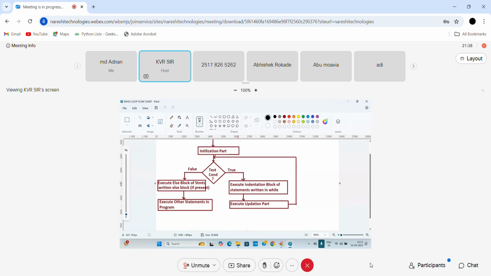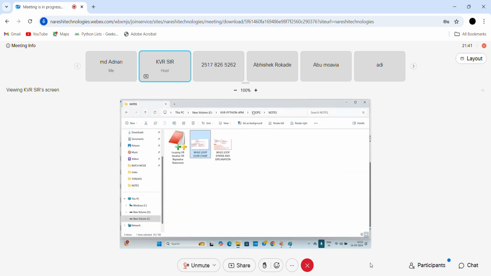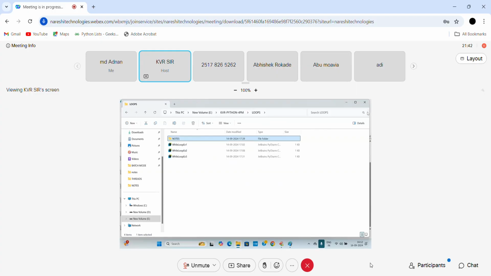Now it is the time to see. Of course, some examples were discussed, right? Some examples are already done, and I also gave you some homework. Open the notes again. Write a Python program